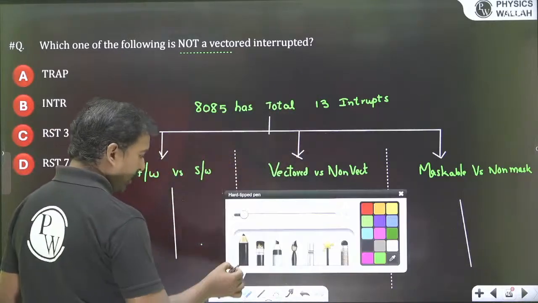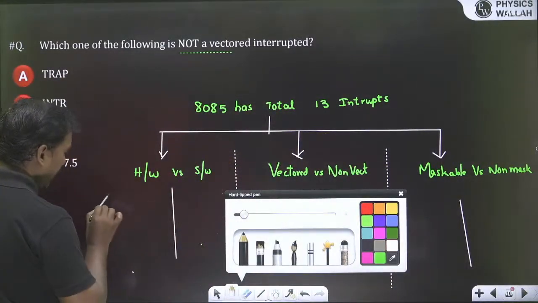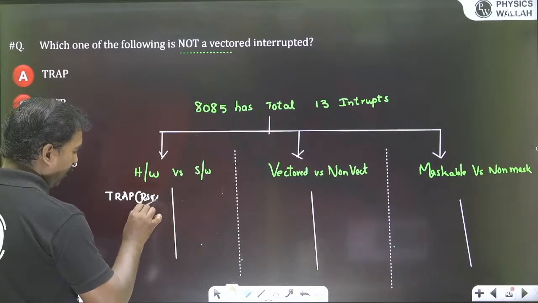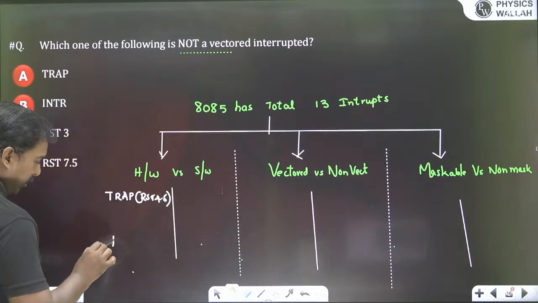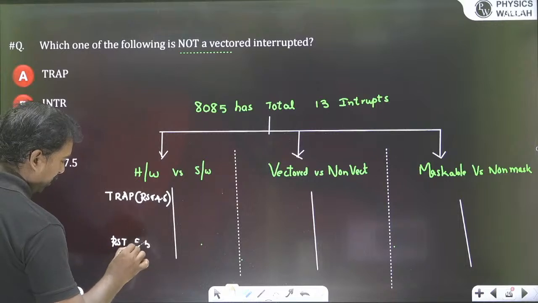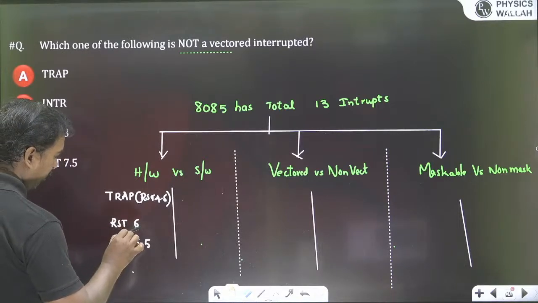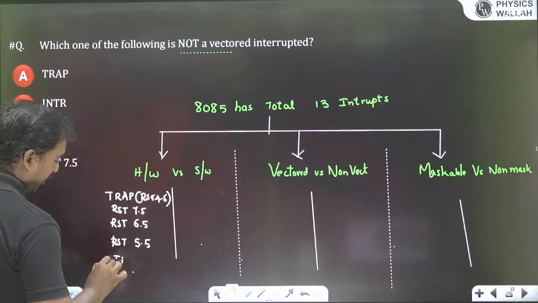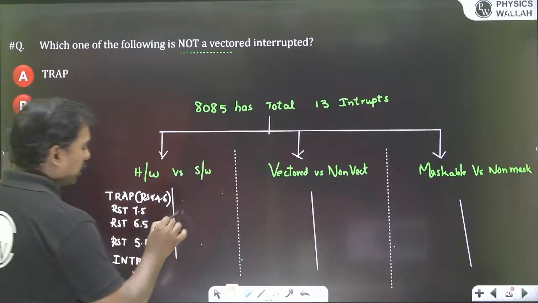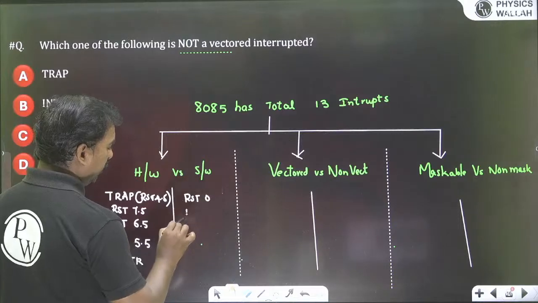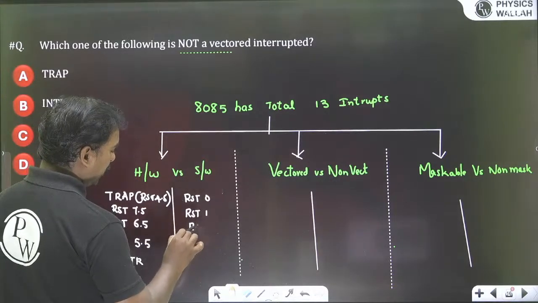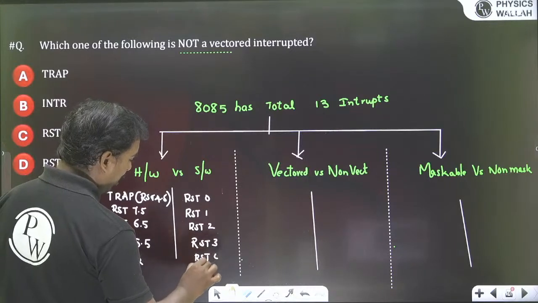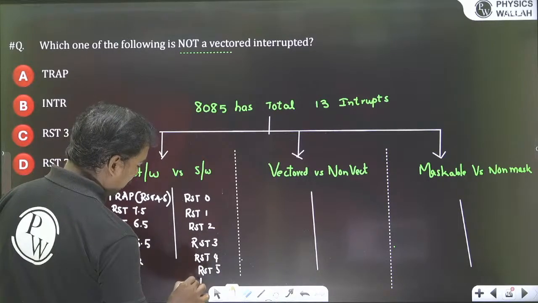So what are the hardware interrupts? Hardware interrupts such as TRAP, which is also called RST 4.5. Next, RST 5.5, RST 6.5, RST 7.5, and INTR. So these all are hardware interrupts. Coming to the software interrupts, RST 0, RST 1, RST 2, RST 3, RST 4, RST 5, RST 6, RST